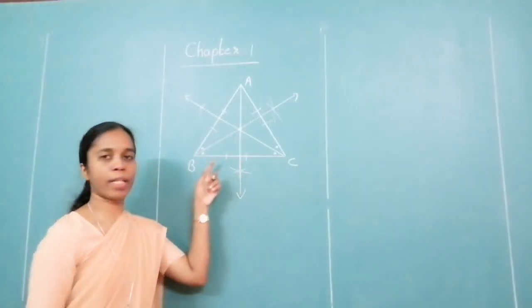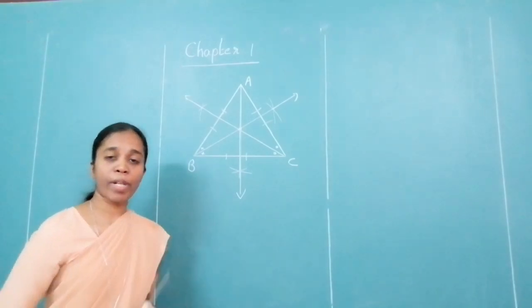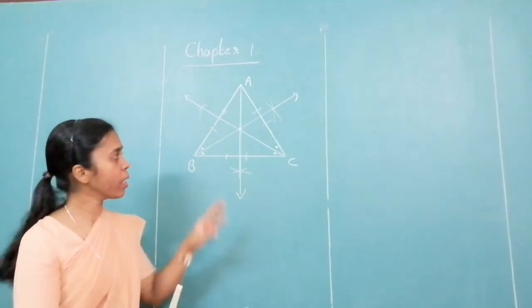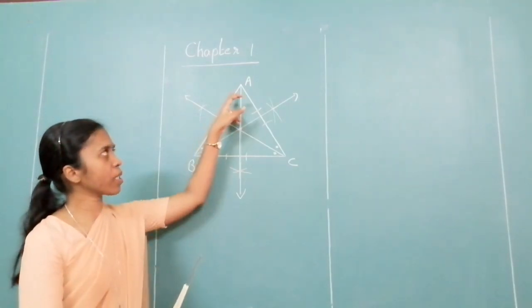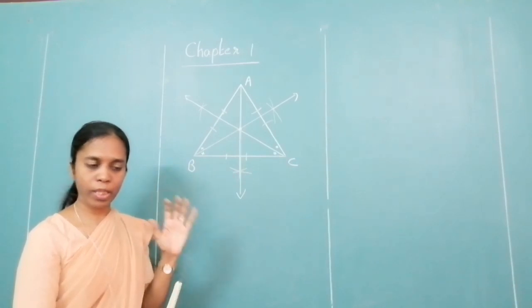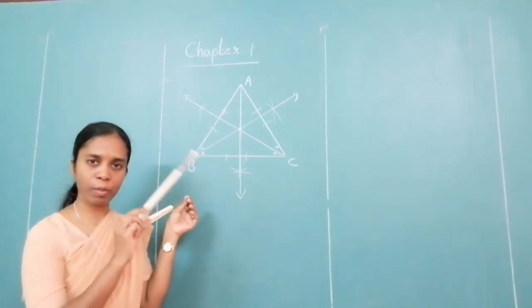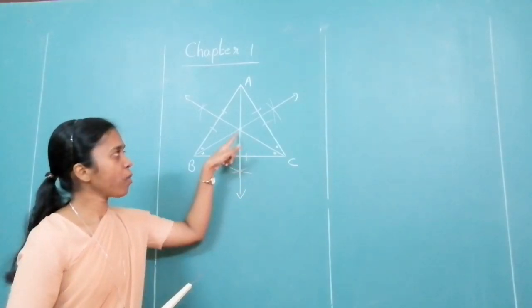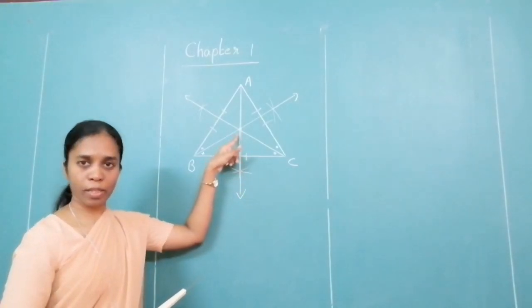Have I drawn a triangle? Okay. What type of triangle is it? Acute angle triangle, because all the angles are acute. Then I have drawn angle bisectors for every vertex. You know how to draw the angle bisectors. Keep the compass point at that vertex. Mark the arcs. Again mark it. Join to that. Now I have got a point of concurrence.